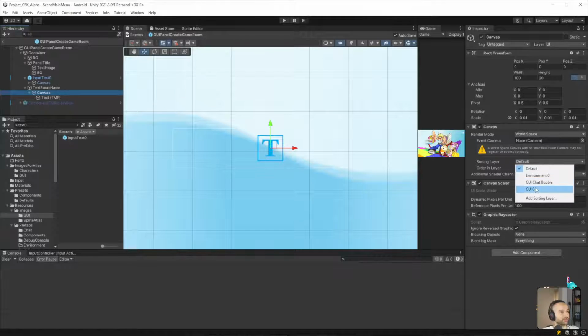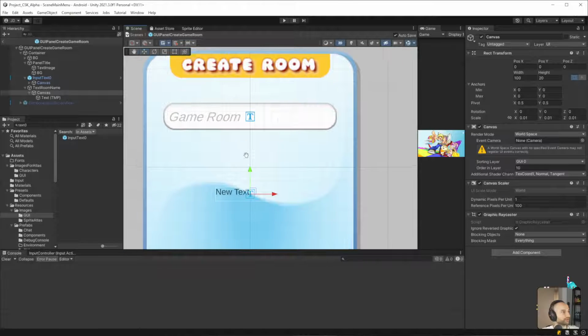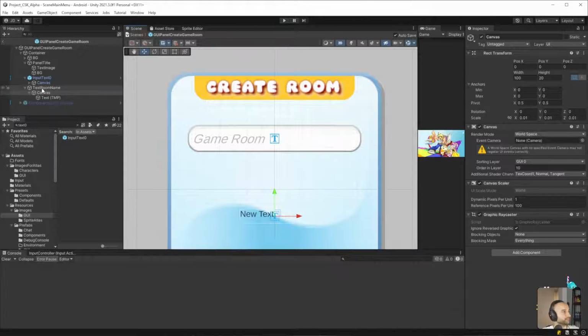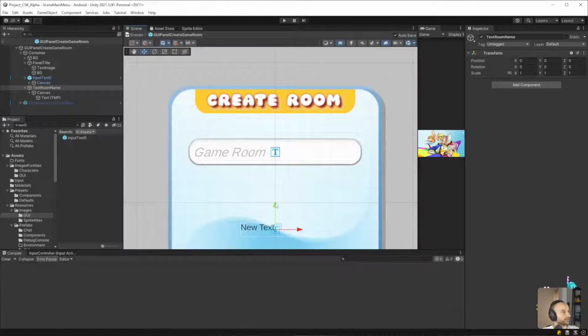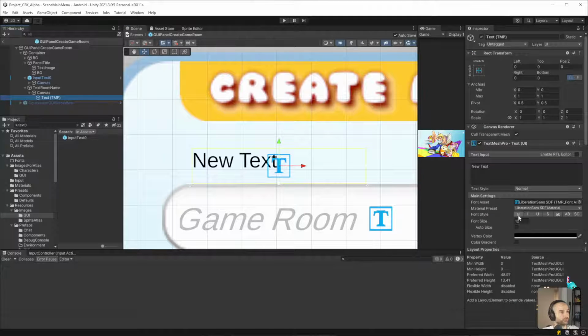Oh, right, it's on the layer. There we go. So there's our wonderful text. And now I can move this into any position that I want it to go. I think I'll need to alter it slightly. We'll make it bold and we'll change it to room name, just like before.